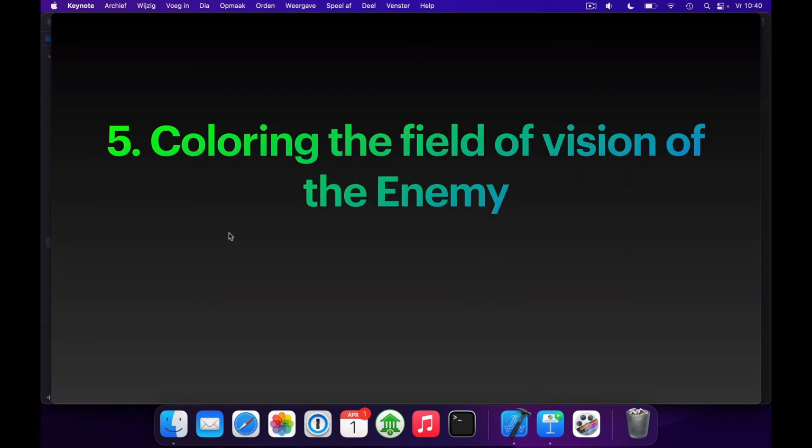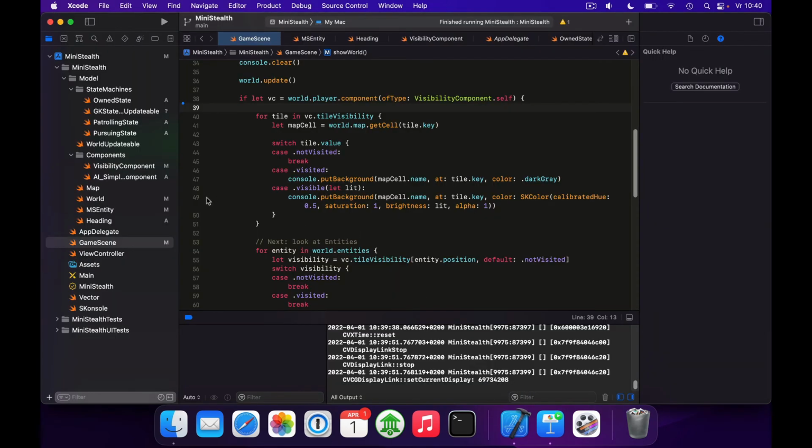So finally, I want to color the field of vision for the enemy, so it's a bit easier to determine what the enemy can see and what it can't see. To do so, I want to color the tiles that the player can see as well as the enemy can see. So we need some form of overlapping tiles. And what we'll do is we'll go into our game scene,